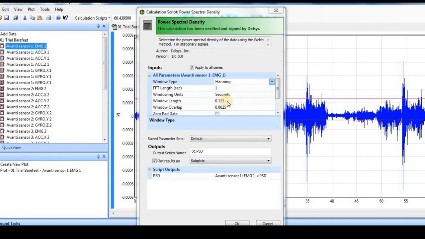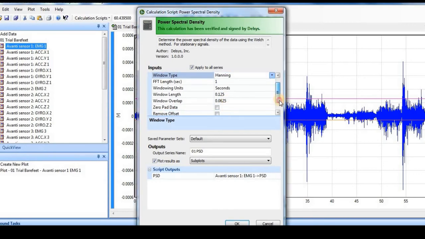So we need to set the length of the windows and the overlap between two consecutive windows. By default, DELSYS sets the window length to 0.125 seconds and the window overlap to 0.0625 seconds, again mentioned in seconds. You will realize that the window overlap chosen is 50% of the window length.